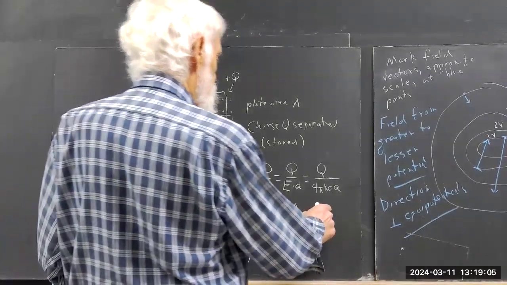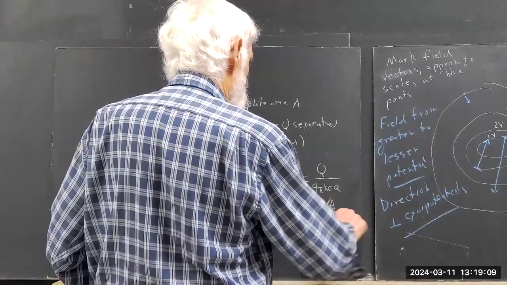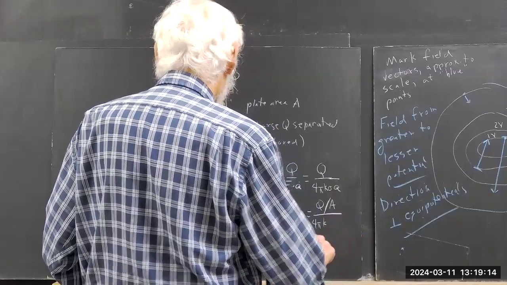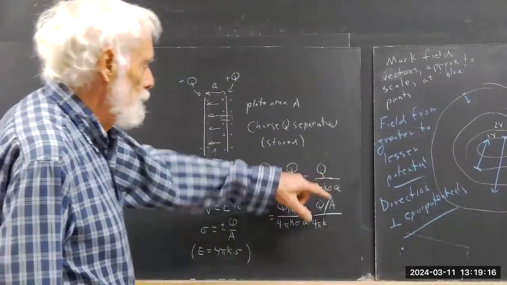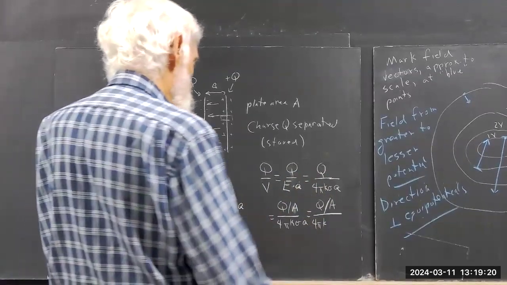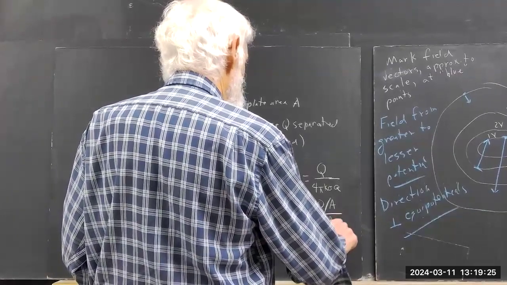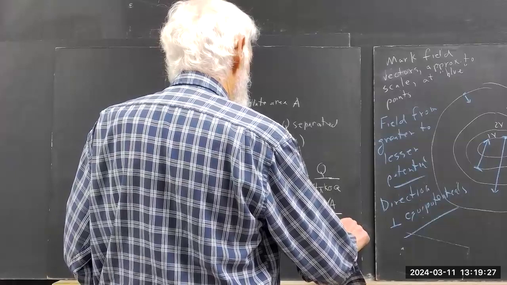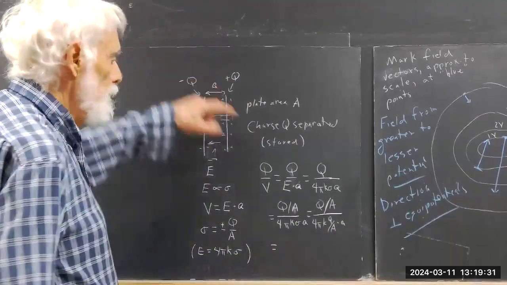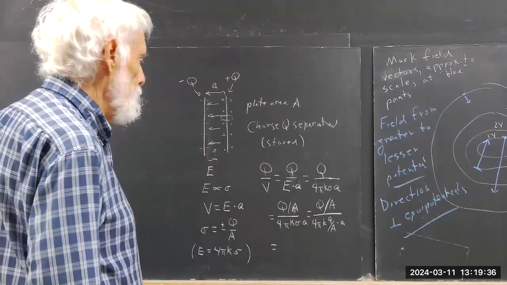Well, I guess we could write this in a number of different ways. And the way I'm writing it is not necessarily the best, but we want to be pretty meticulous about our units. It's Q over A divided by 4 pi K sigma, which is big Q over A, times little a. Maybe I should have used a D up here to avoid that confusion. Okay, so